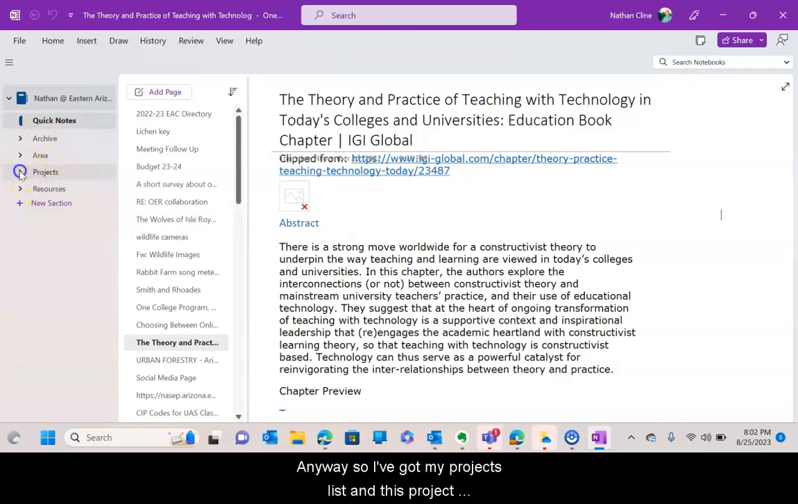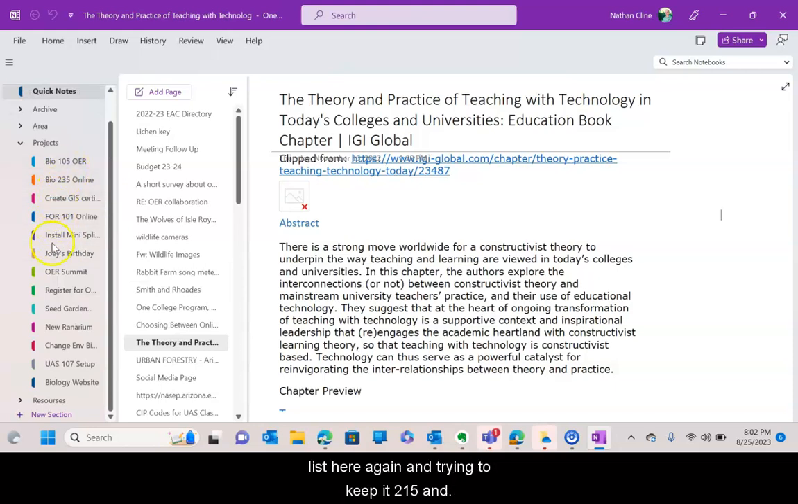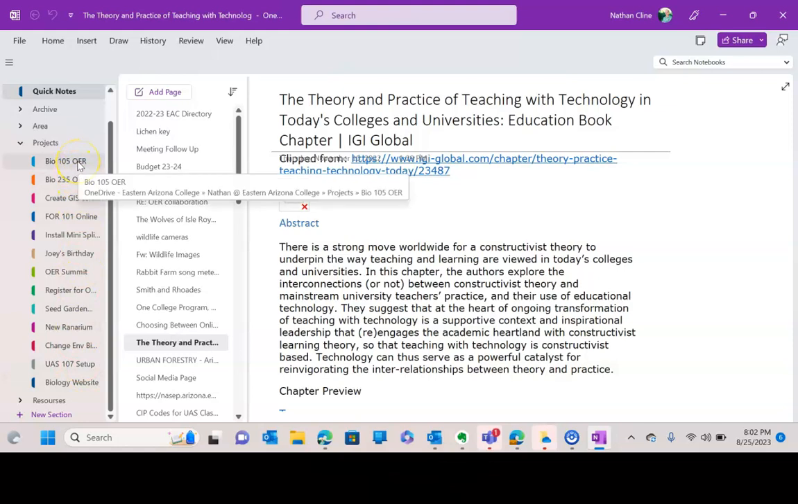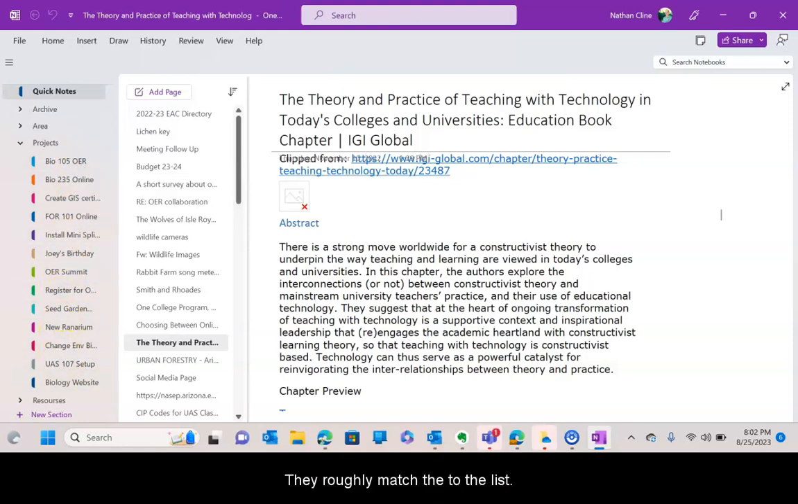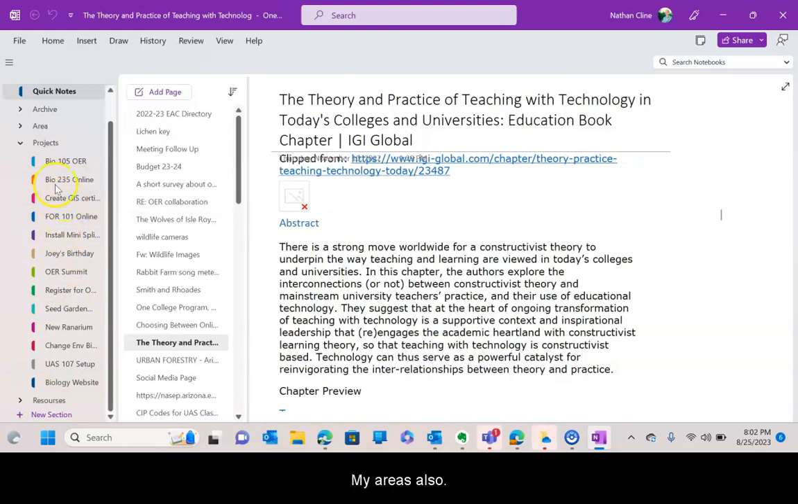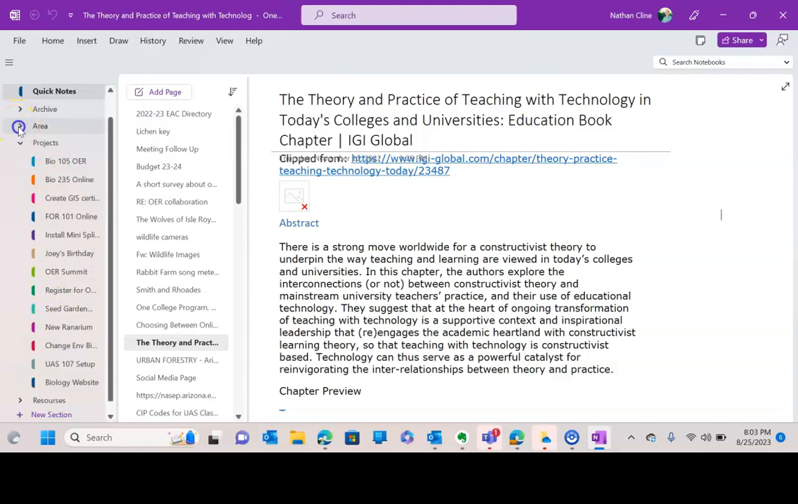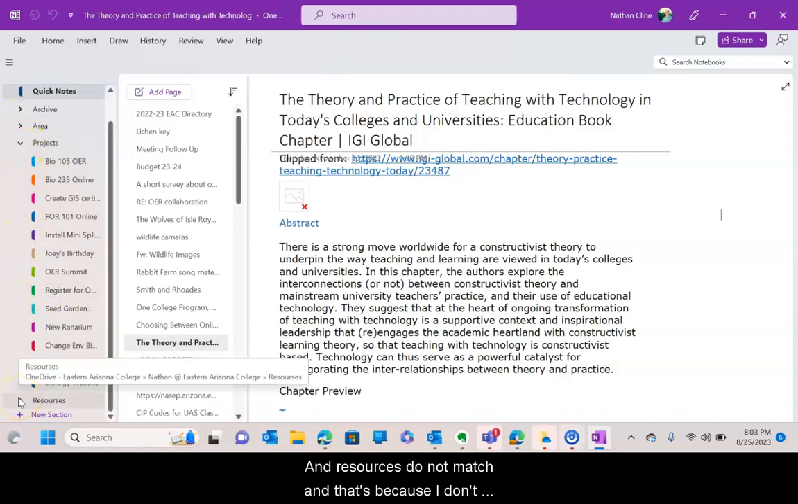Anyway, so I've got my projects list, and this project list here, again, I'm trying to keep it to 15, and they roughly match the list. Well, pretty exactly the list I've got over in Microsoft To Do. My areas also match my list over in Microsoft To Do. And resources do not match, and that's because I don't have all the resources